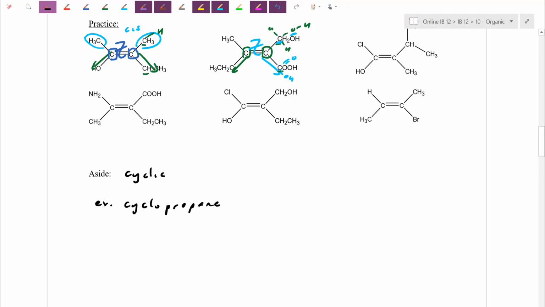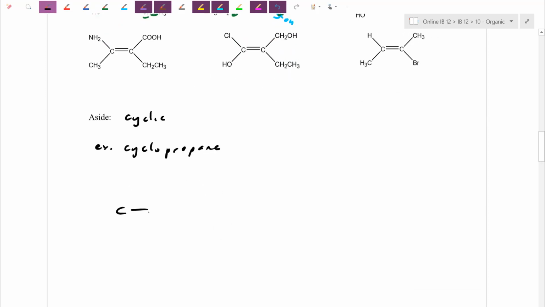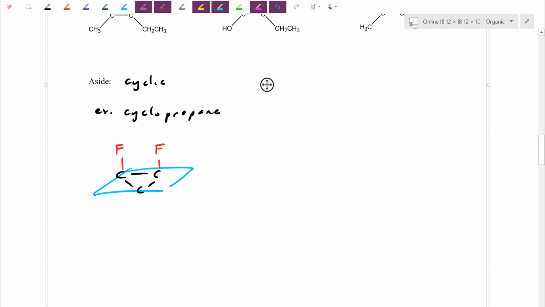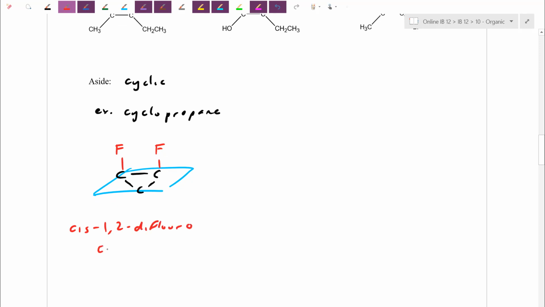If you imagine here, let's take our cyclopropane, it ends up forming a nice flat ring like this. If I put substituents on there, let's say a fluorine group, if the fluorine groups happen to be on the same side, right? So you can imagine here's the plane of the ring, that's going to be just a flat structure here. If the fluorines are on the same side, you can still refer to this one as cis, maybe cis-1,2-difluorocyclopropane,